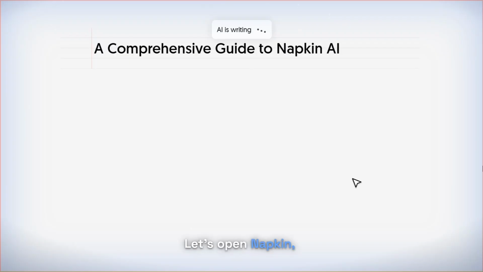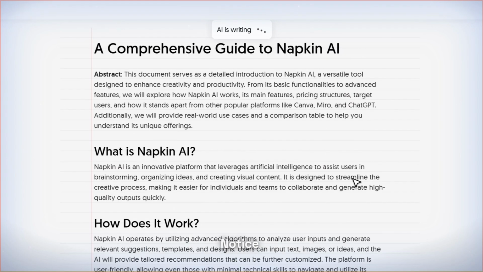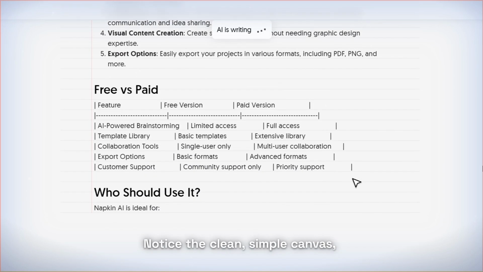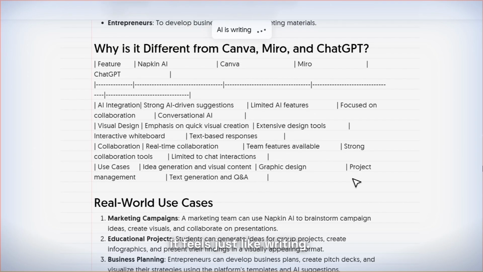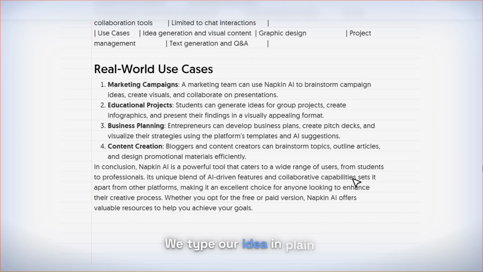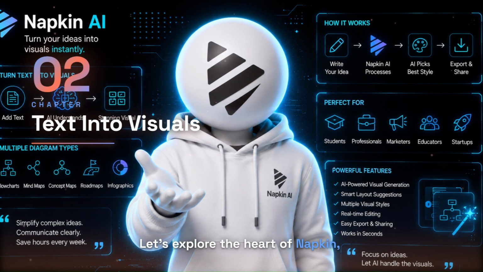Let's open Napkin and see how it works. Notice the clean, simple canvas. It feels just like writing. We type our idea in plain text. No menus, no shapes. Then we let Napkin